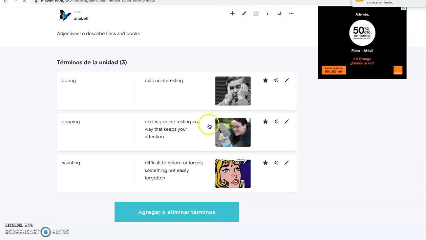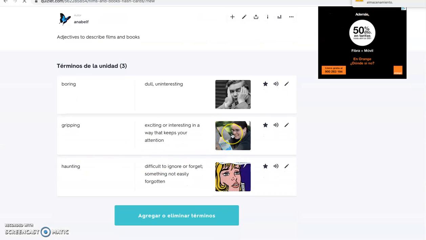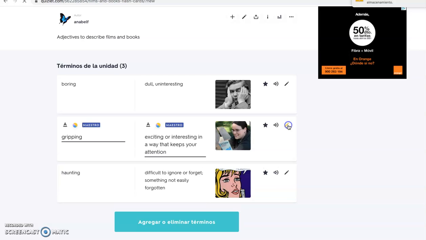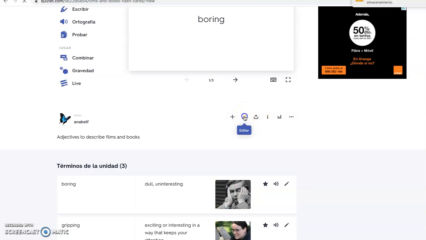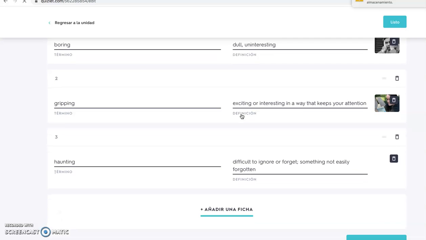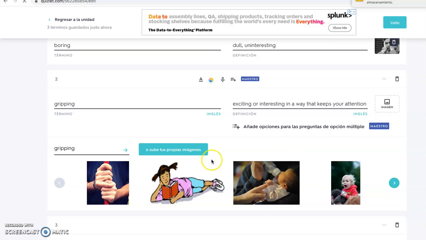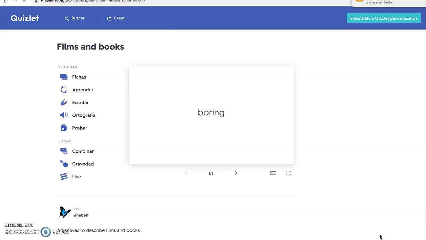If you're working with them, and doing any of these games that we'll see in a minute, and you see that, for example, an image doesn't mean anything to you, or you'd like to change it, well, you'd only have to edit here, all right, and maybe change the image. Or edit the whole set as well. With this button here, you can actually edit the whole set and maybe remove this image and pick another one, for example, this. So as you can see, it is an app that allows a lot of improvement and to personalize